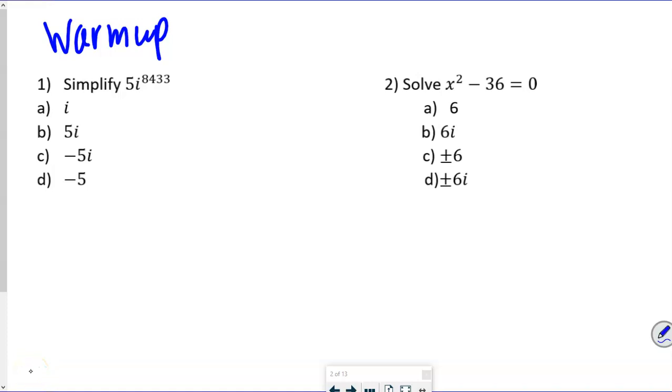Okay, guys, so we're going to go through this warm-up first. What I want you guys to do is you're going to be multiplying by this 5, right? You're going to take this 8,433 divided by 4, because we're going to use the quarter method to find out what I is. So we're going to take 8,433 divided by 4. When we do that, we get